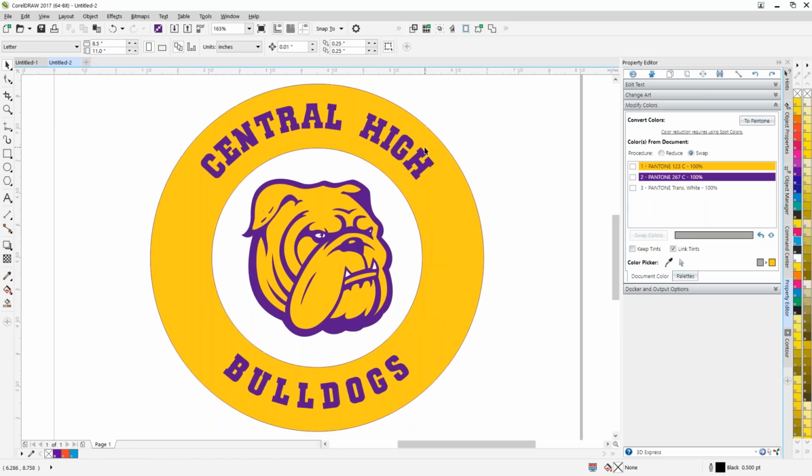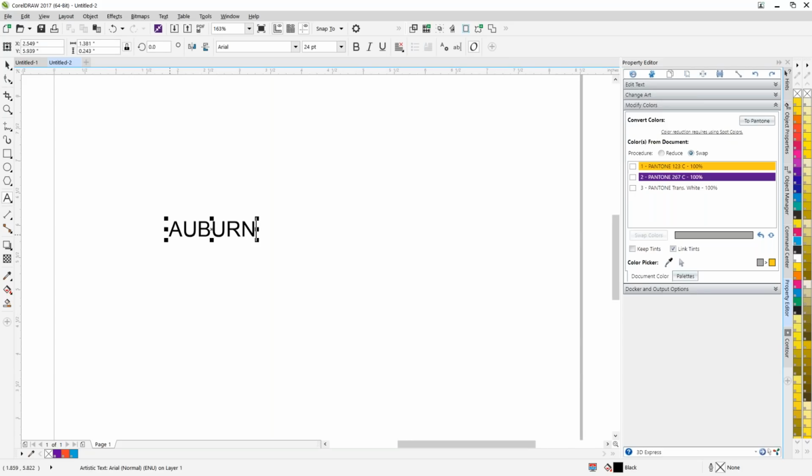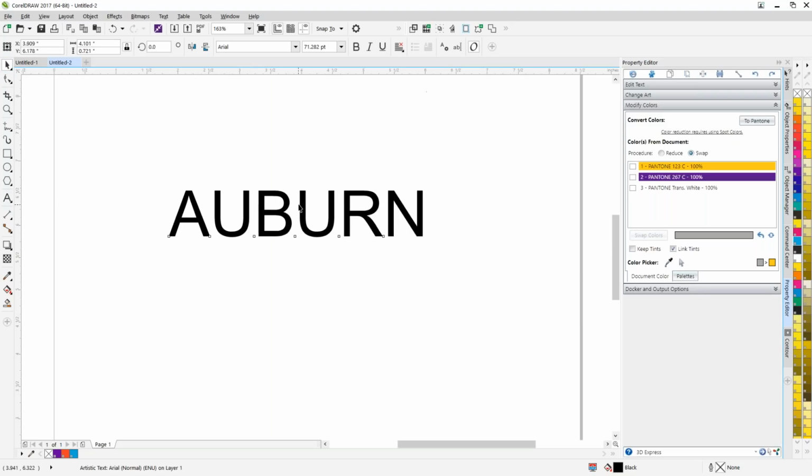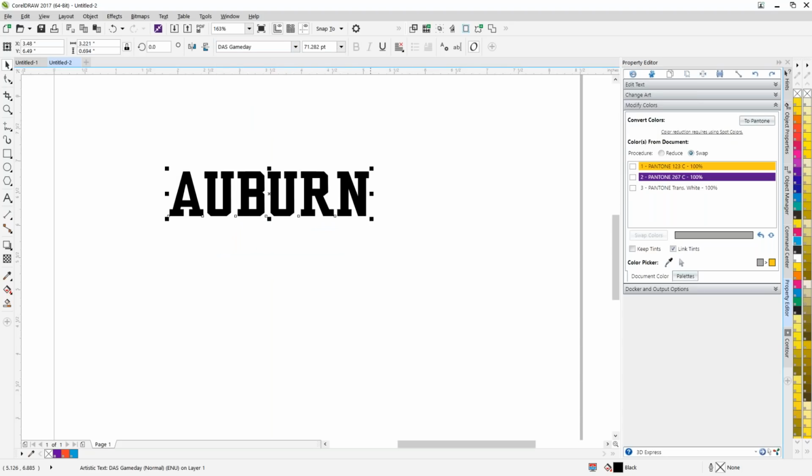So next thing we're going to do is talk about an alternative way to do arcing. The alternative way to do arcing is to do text on a path, or excuse me, enveloping. So we'll come over here, and I'm going to type in, with David's permission, the name of this. We're not using the university, David. This is the city in Alabama. So we don't have licensing issues, but it's probably going to be orange and